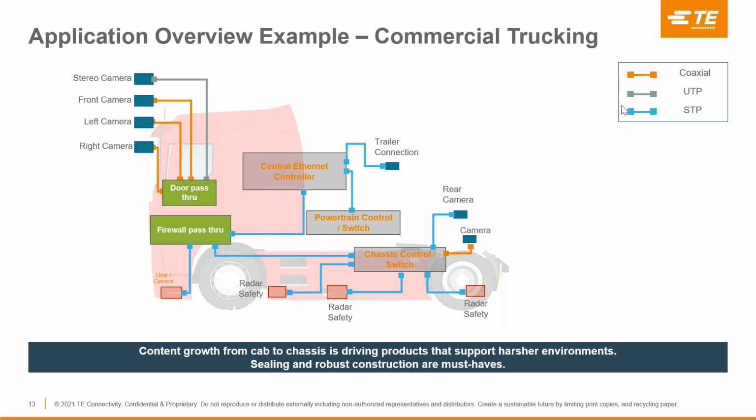As we look at a typical truck application here, you'll see in the upper left, as we go from left to right, the implementation of numerous cameras as vehicle safety becomes critical, both to provide information to the driver of the vehicle, also to provide information back to, let's say, the main office to be able to identify where the truck specifically is. We have a number of connections that are coming from the outside of the vehicle on a camera, having to go through a pass-through on a door or a firewall, and you'll see, and we'll address this here shortly,